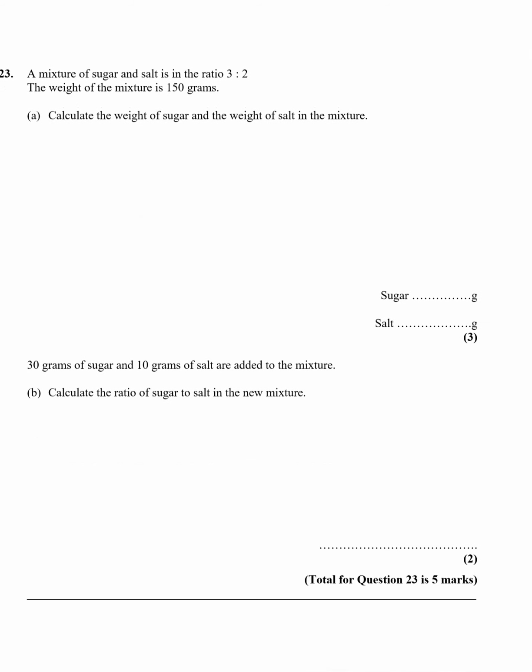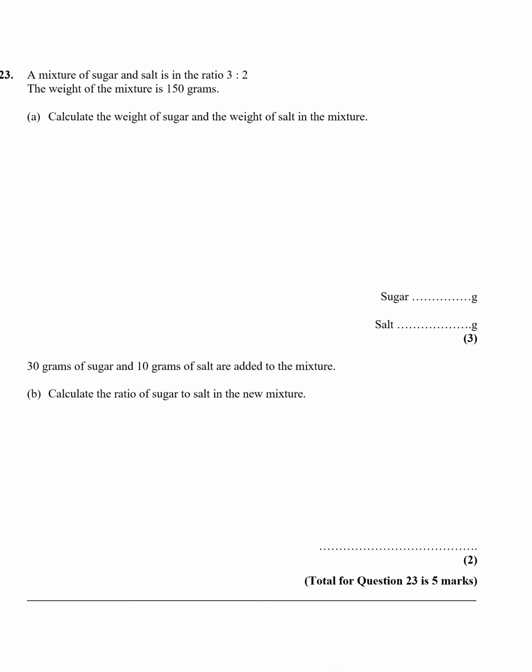Blimey, another ratio question. A mixture of sugar and salt is in the ratio 3:2. The weight of the mixture is 150 grams. Calculate the weight of sugar and the weight of salt in the mixture. So, again, this is sharing in a given ratio. Add these two together, and then we do 150 divided by 5,